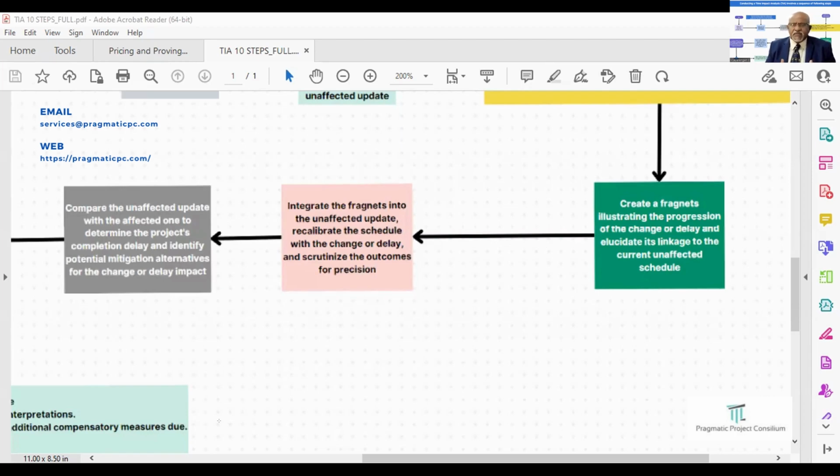It involves seamlessly merging the fragments into the unaltered updates. So we are just merging the two pieces into one. Now we are fine-tuning the schedule to accommodate the effects of the change or delay and conducting a meticulous evaluation of the resulting outcomes to ensure their precision. Now, the next step,